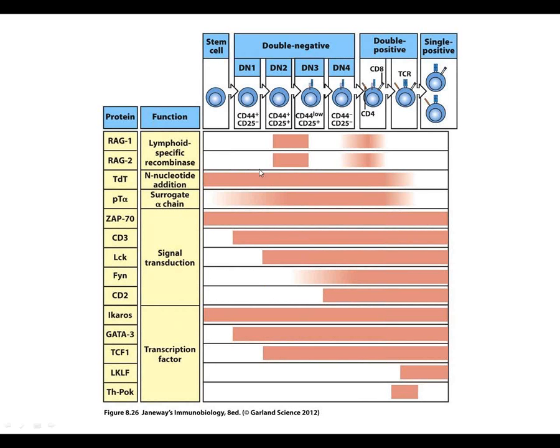Okay, so just as you would expect, at the times when the chains are being made, so first the beta chain, then the alpha chain, RAG comes out, which is essential, and TdT, which adds those new N nucleotide additions. And that surrogate light chain is going to go away as soon as you get a fully functional alpha chain. Signaling, of course, is important and has to occur both through this pre-T cell receptor and the fully functional T cell receptor in order for this T cell to survive. Although I don't know,